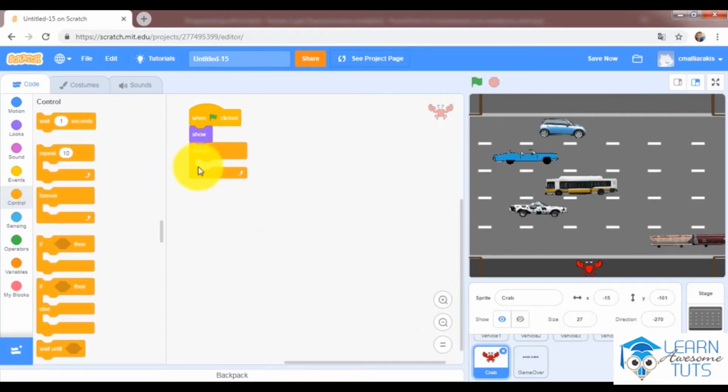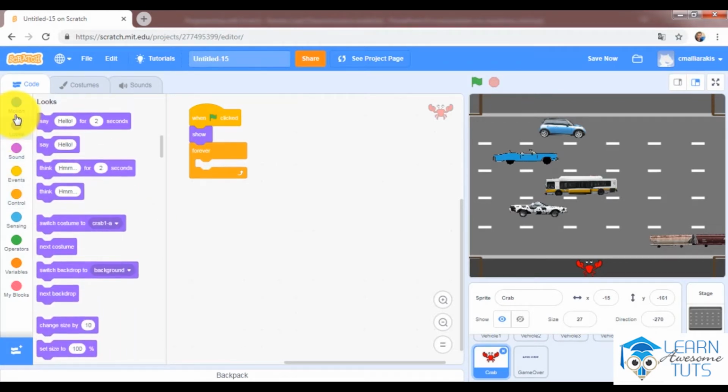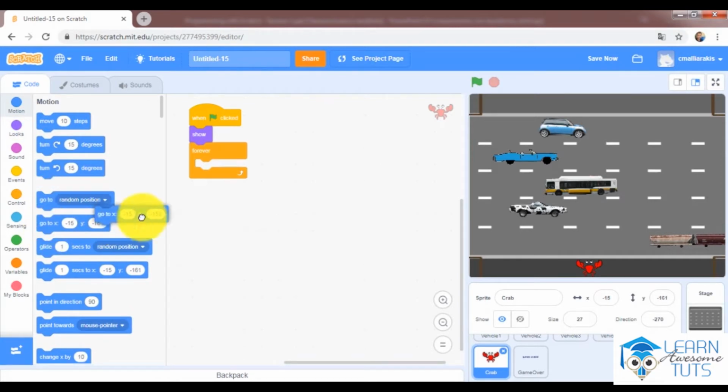Forever, I would like to go to where it is right now. So go right here. So go to motion, and I will use this command. So go to X and Y. As you will see again, this X dimension is right here and this Y dimension is right here. So each time my crab will start from exactly this position, and I would like to set